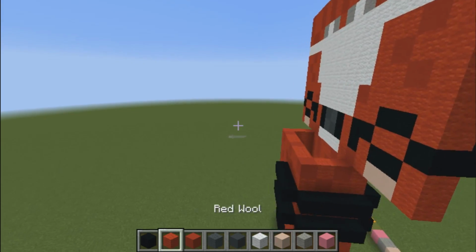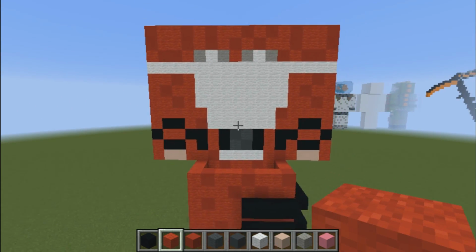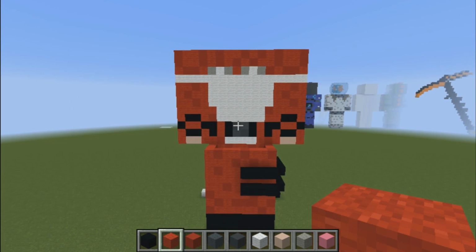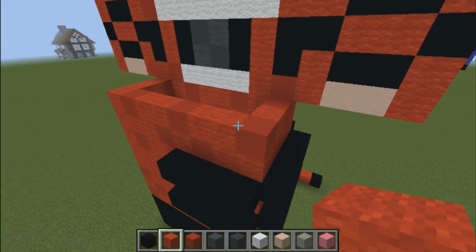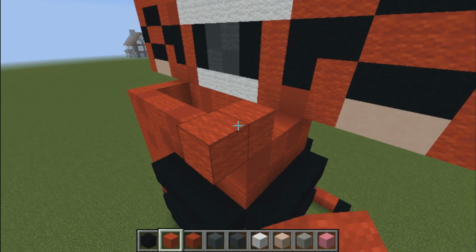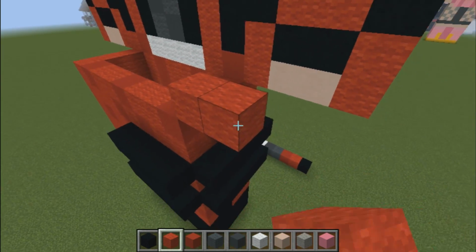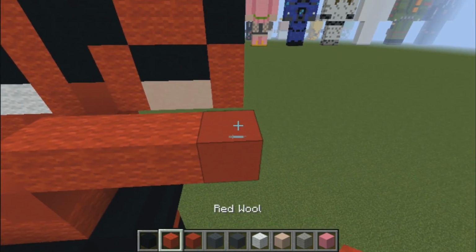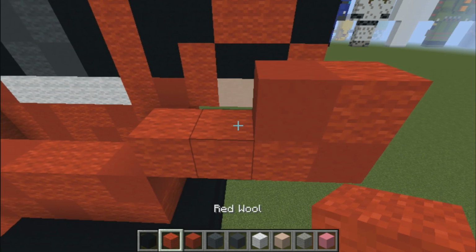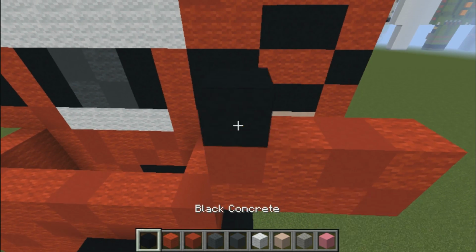And what I would like you to do is, once you're back here, if you're looking at it this way, we're going to start on your right, so this arm over here, and we're going to go ahead and place 1 red wool off the side of it, delete the first one, place 2 more off that, and a red concrete. We want to place a red wool, a red concrete, a red wool, and a red concrete. Place a line of black,